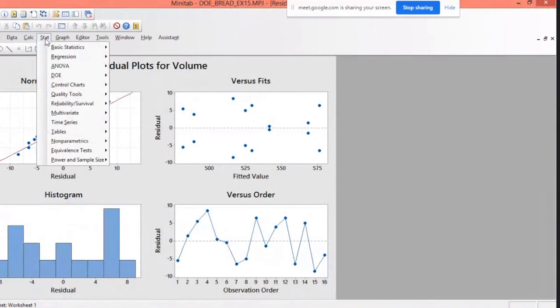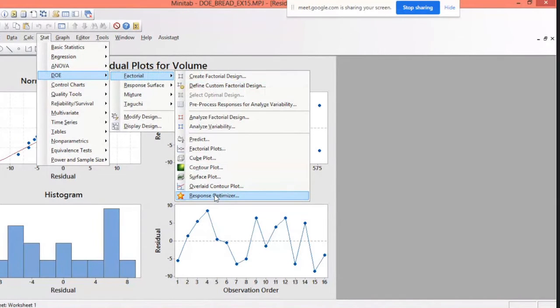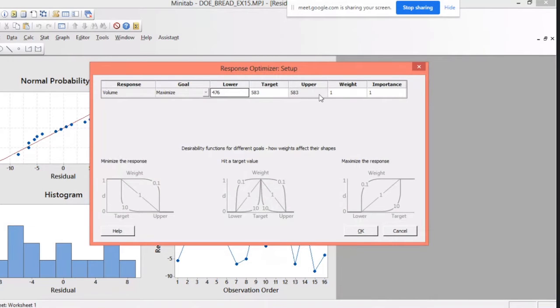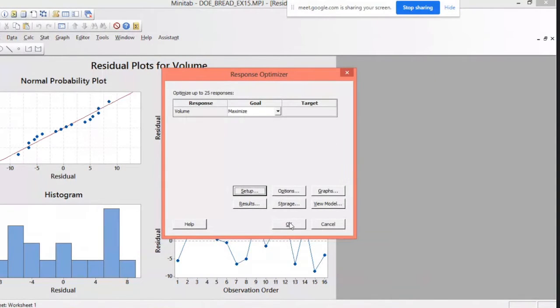Then we go to Stat, DOE, Factorial, and the Response Optimizer. In this, we want to maximize the volume. That is our objective. If you go to Setup, the lower and upper limits will automatically be selected, and then we have to click on OK.